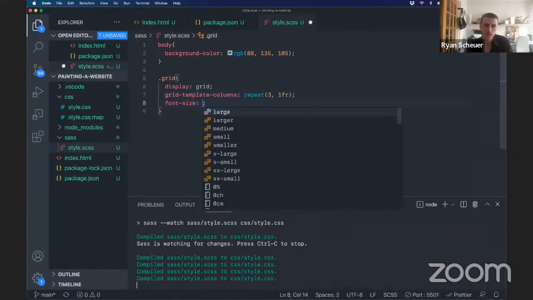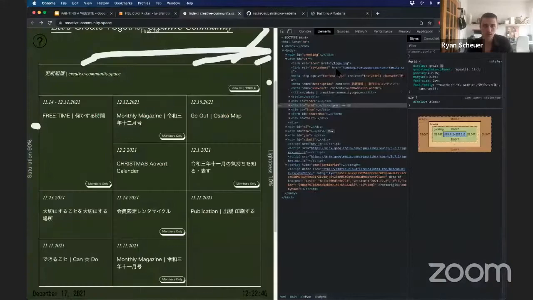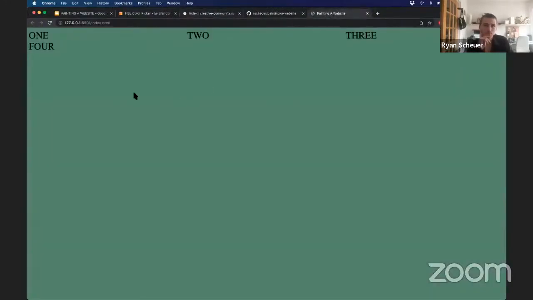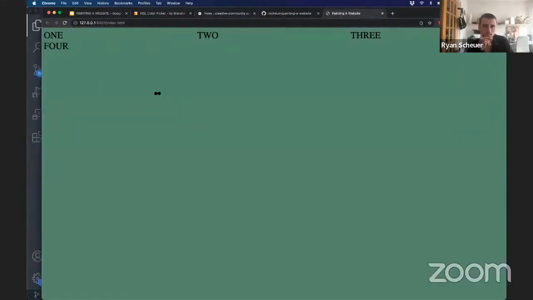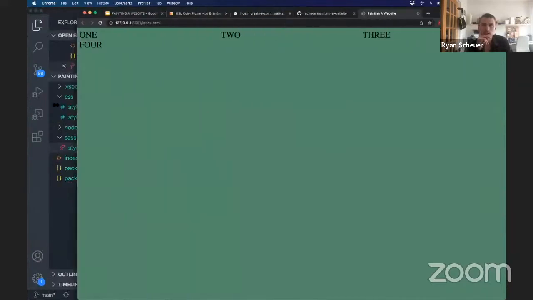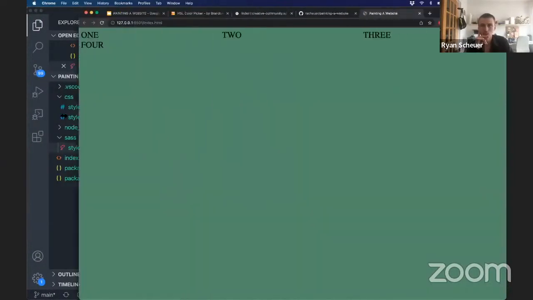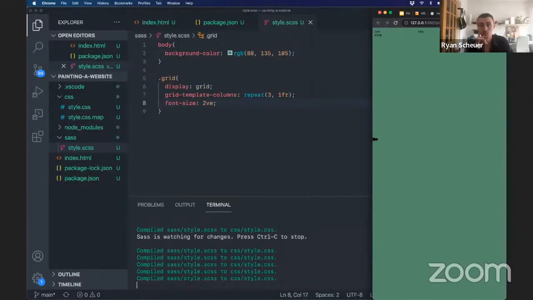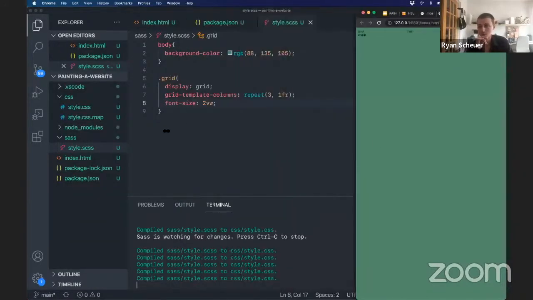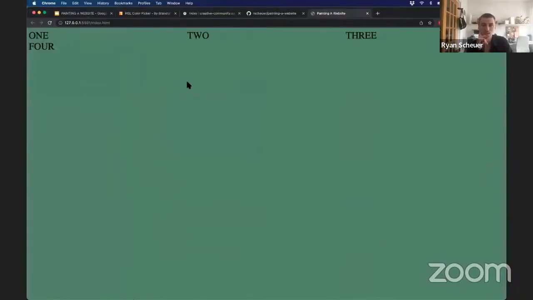Font size 2 VW, which is what they have going on over here. And look at that. Beautiful, responsive, incredible shrink going on there. It looks really small when you make it very small, but I don't know, there's something so satisfying about doing like a VW for the font size. I think it's so nice. It's like a great solution. There's also something